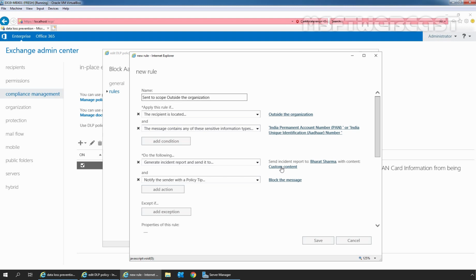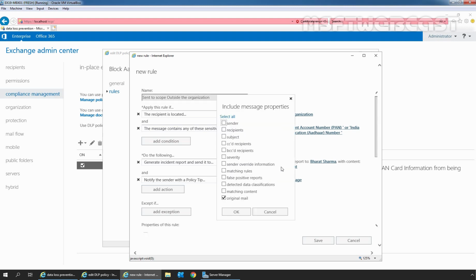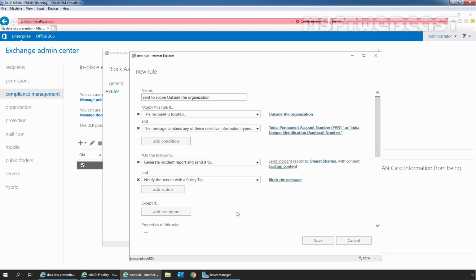For that, I'm going to click on this link and you can select the message properties as per your requirement, like sender, recipient and subject. Let me select matching content as well and also select detected data classification. Click on OK.